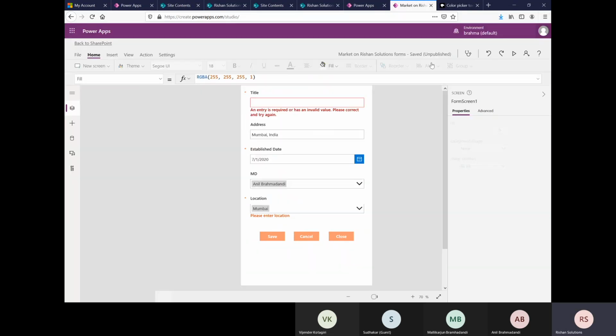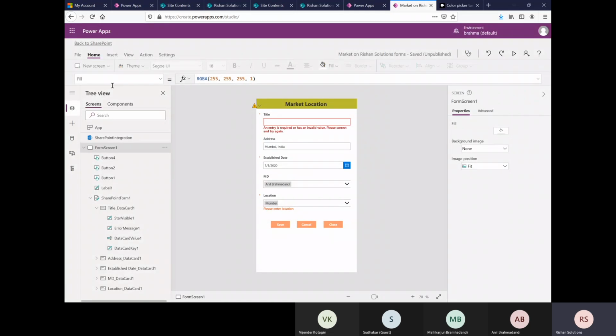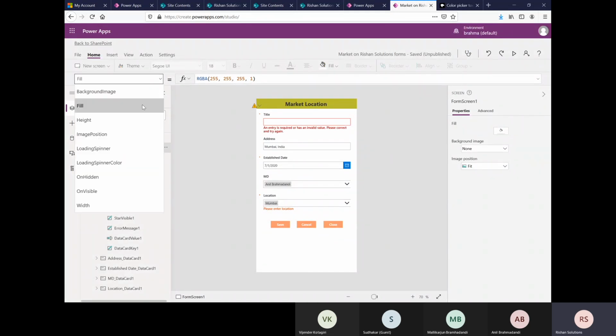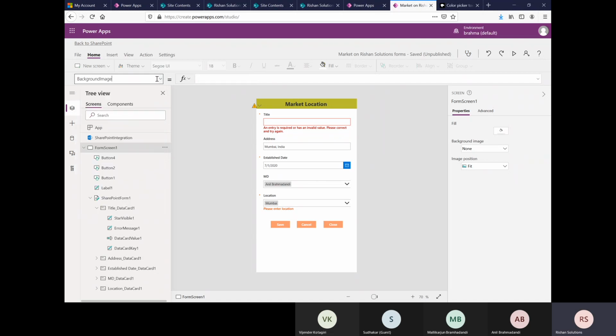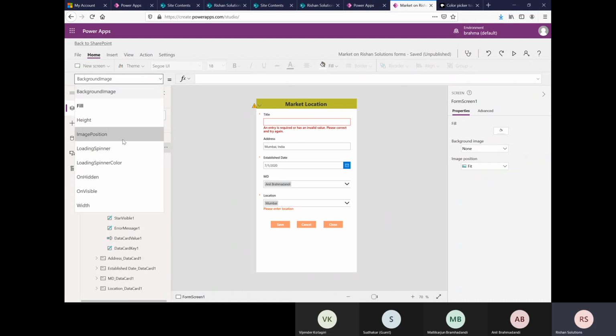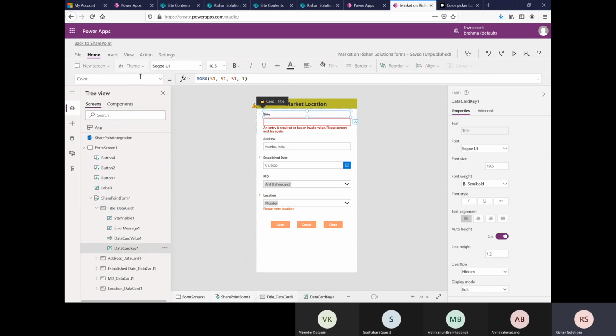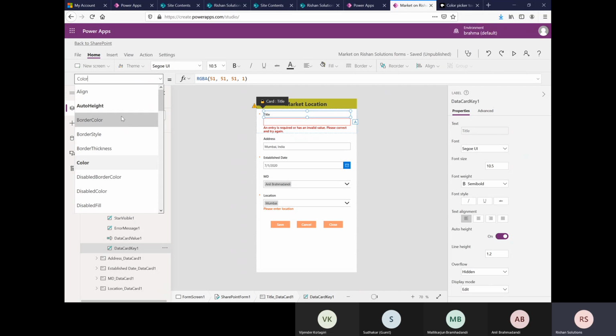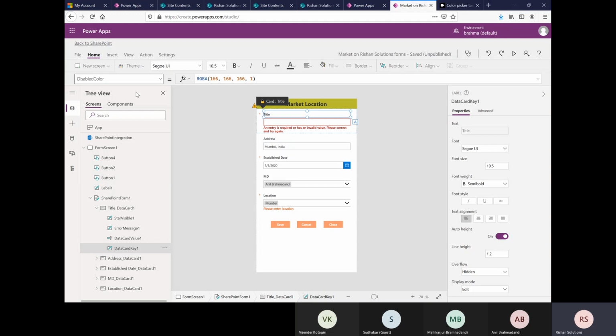Okay, we'll close this one. Everywhere you can see these kinds of RGB color codes, where we have the colors. This is for the background image. We'll change that background image later, and we have not selected anything, so that's why. Here we have the border color, we have color, and we have visible color, and everything comes here